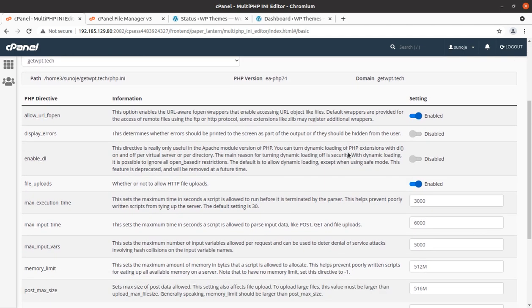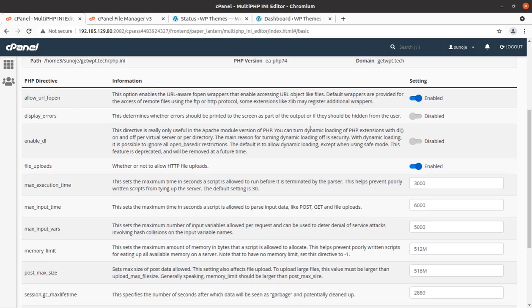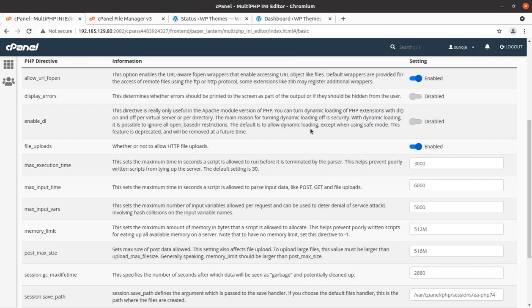I keep this setting for my demo installation and all WordPress websites, so you can take a screenshot of this and apply the same setting if you are using 1 GB RAM hosting. I am repeating again, this is all for a 1 GB memory hosting plan.